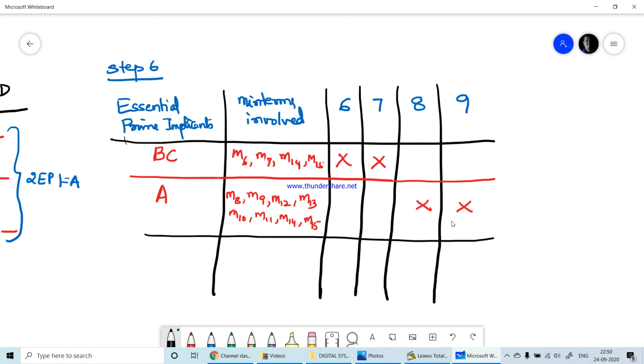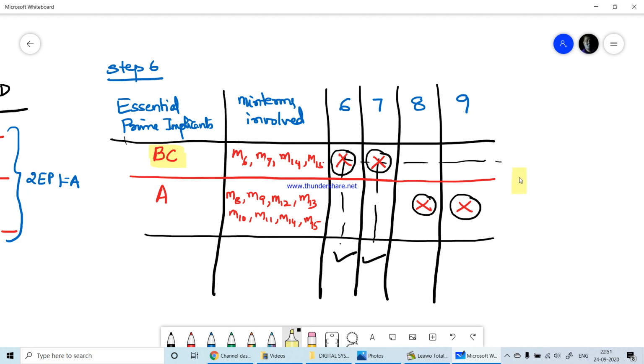Now my job is to circle those crosses which are alone in the column. So we have this cross, this cross, this cross and this cross. Now I'll take the first cross and go vertical, horizontal. See this also is there. Therefore this and this are ticked. So the first expression that I get here is BC.